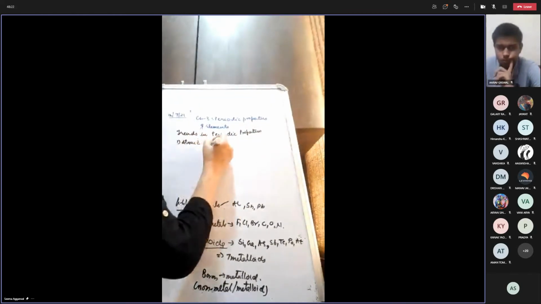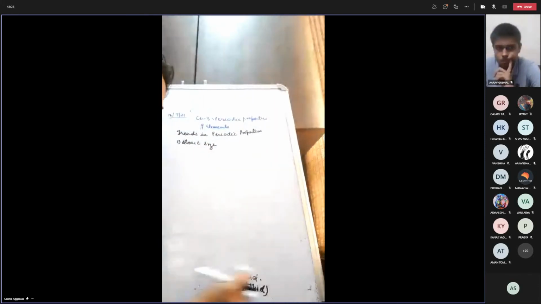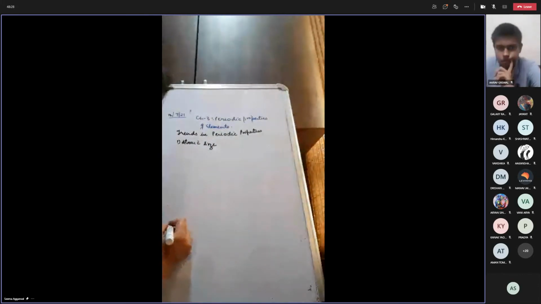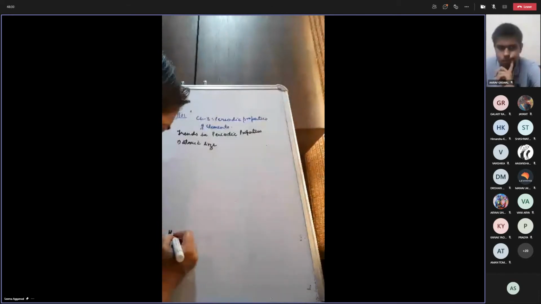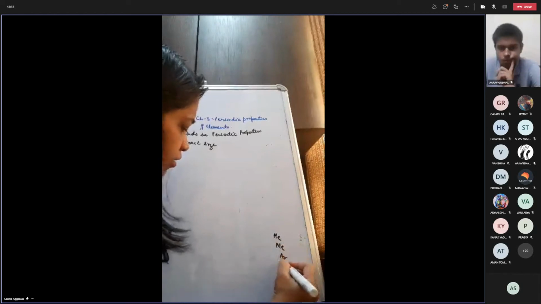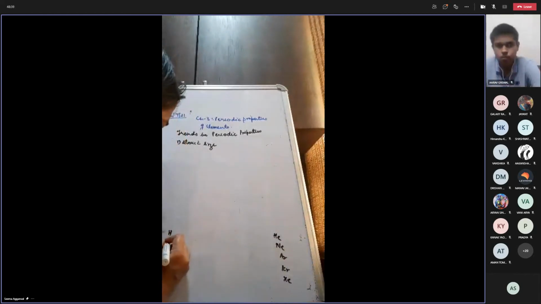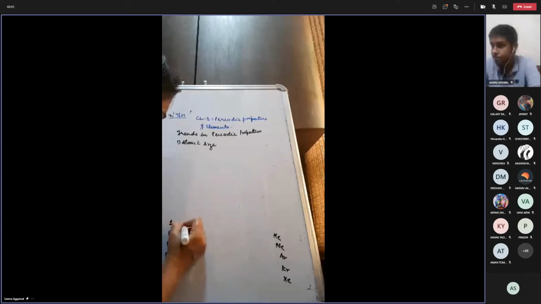While we are studying these periodic properties, I will be taking the example of either second period or third period. So I am writing the short periodic table here. Hydrogen, helium, neon, argon, krypton, xenon. I am writing S and P block, hydrogen. Then it is lithium, sodium. Okay, this is group 1. Group 2. In between, we have got group B block elements that I am not taking here.